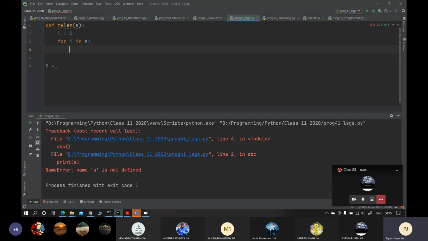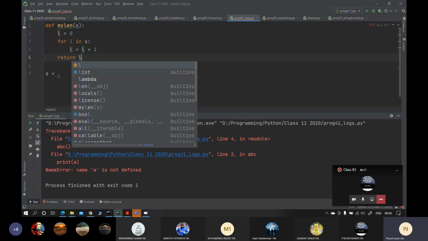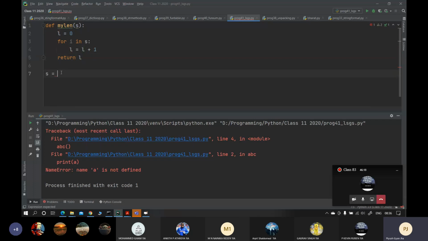Okay, and then l is equals to l plus 1, return l. And then you will write here, let's say, good morning. And then you will do print.